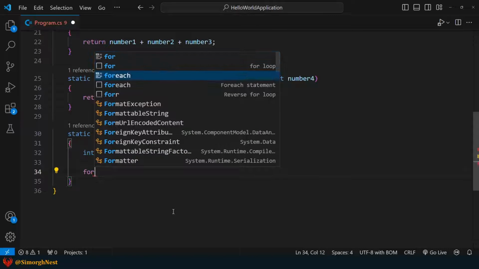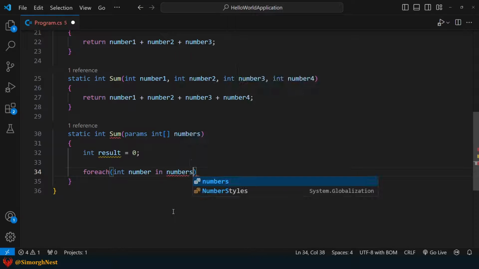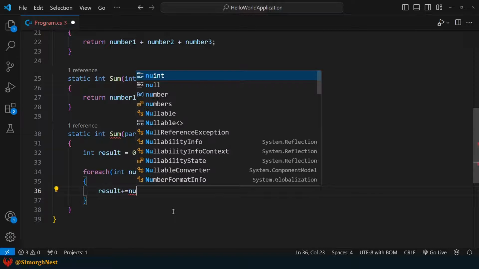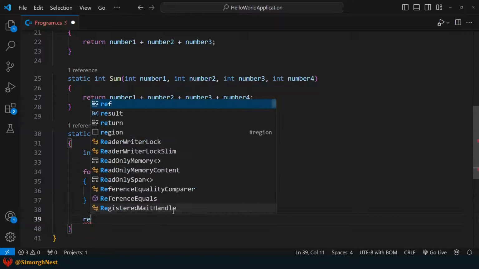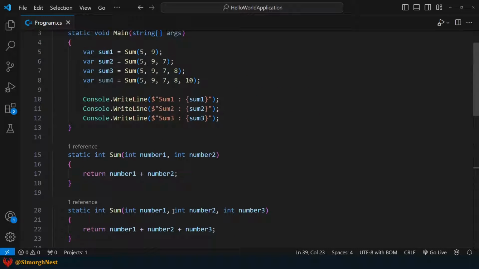Inside the method, we iterate over the numbers and calculate the sum. Next, we return the result. Now the error is gone.